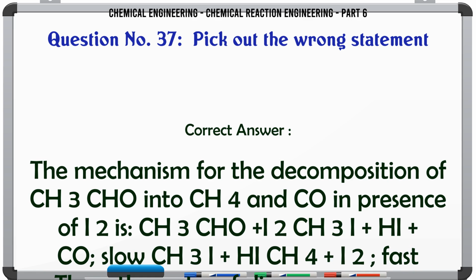The correct answer is the mechanism for the decomposition of CH3COCH3 into CH4 and CO in presence of I2 is CH3COCH3 + I2 -> CH3I + HI + CO (slow), CH3I + HI -> CH4 + I2 (fast). Then the rate of disappearance of